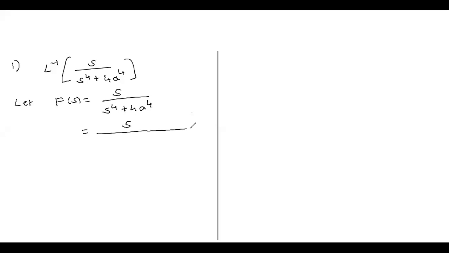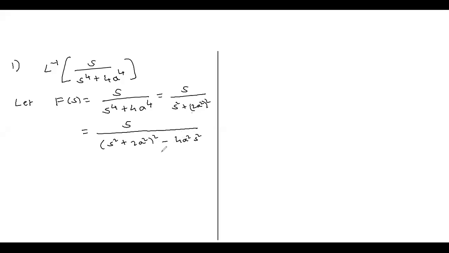You can write the partial fractions once you factorize the denominator, right? So how can we factorize the denominator? Can we write it as s square plus 2a square whole square? What is the advantage in writing like this? So that I can write it in a plus b whole square form, right? So if I write it as s square plus 2a square whole square, how much do I have to subtract? 4a square s square.